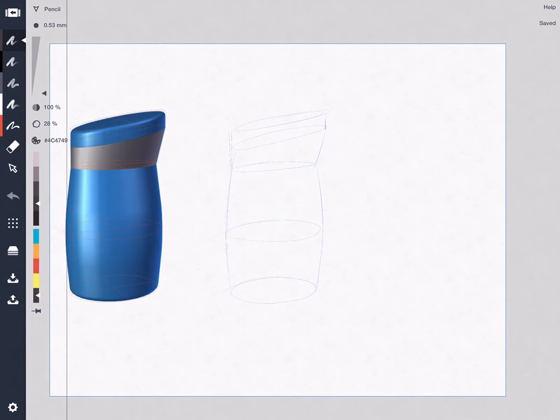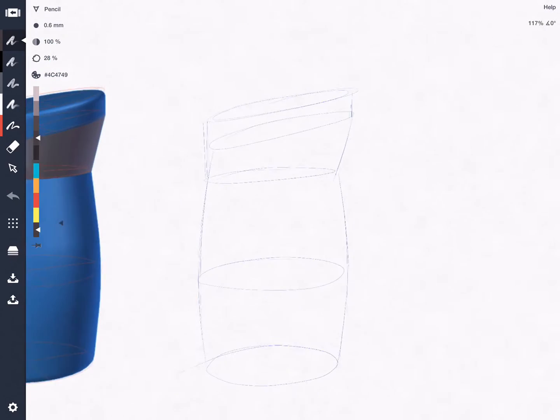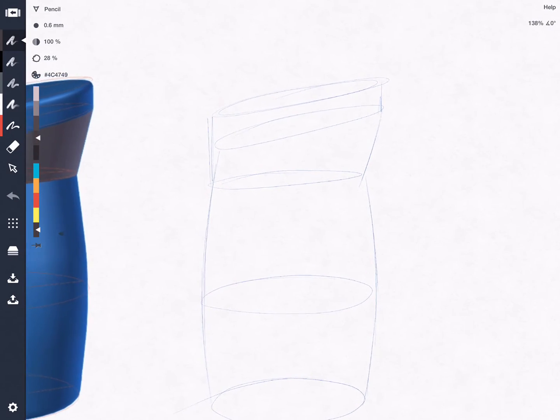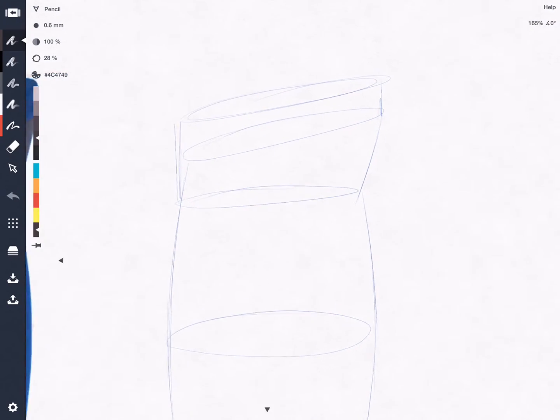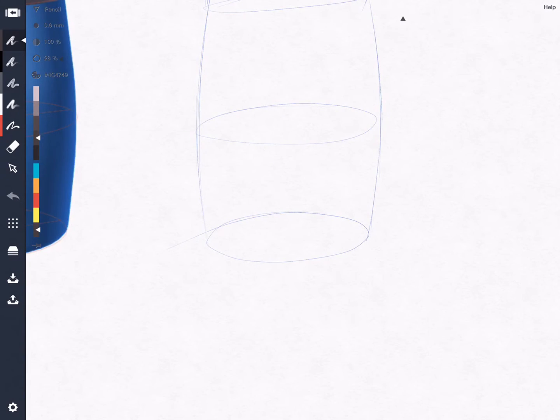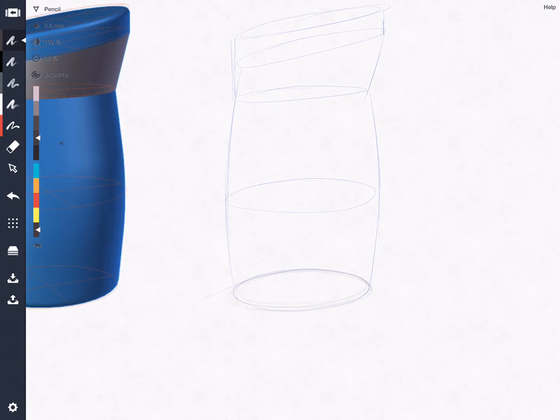Let me adjust some of the sizes. Okay, there. So I quickly blocked out some proportions, so it's easier when I draw over it to see my lines. So let's say when I start sketching, I put my first ellipse down at the bottom and I try to be very loose, and then maybe draw some lines up. And I know this goes to the vanishing point, so maybe this is actually a little bit